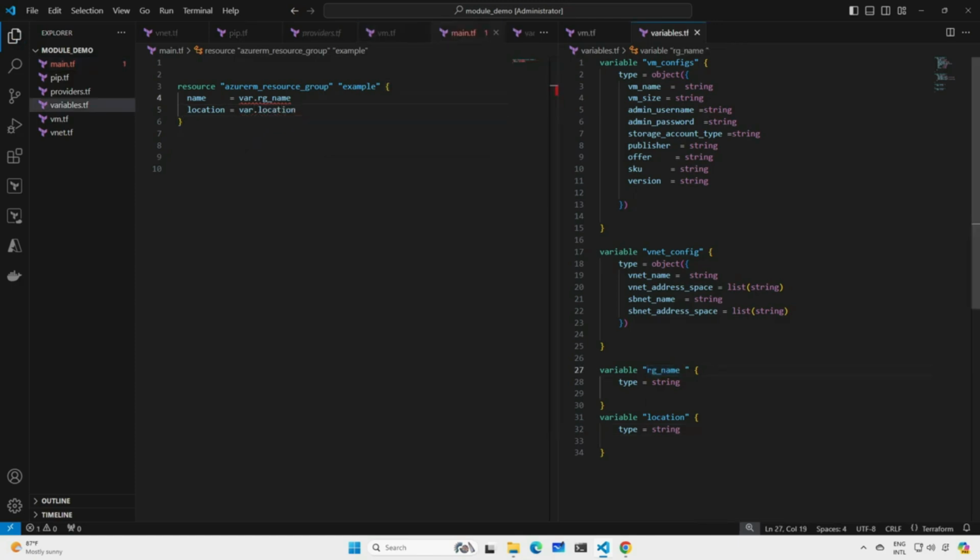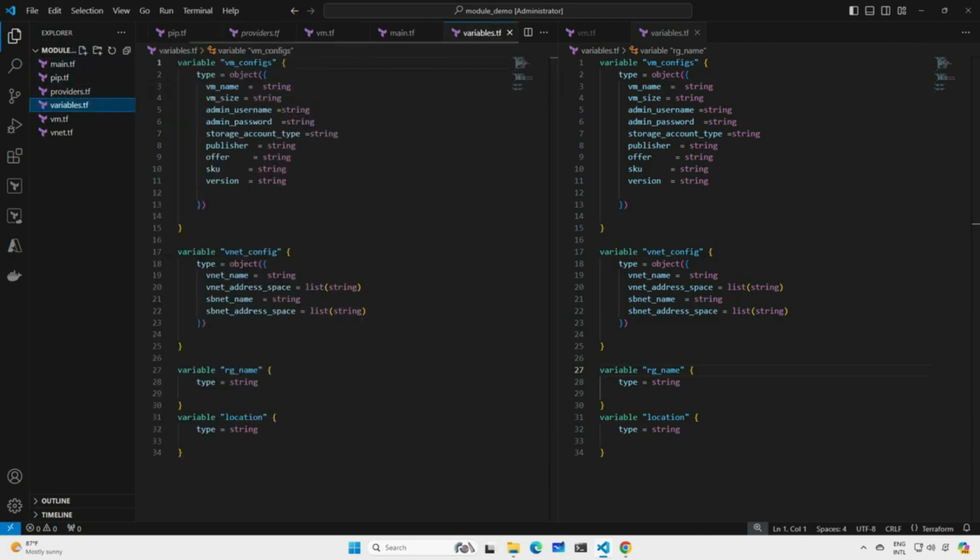So we have created var.rg_name. So what is our next step? As we have discussed in our module part, we are only going to mention the resource block with variable, then providers, but we are not going to hard code any values, which we have achieved. But to check whether this module is up to the mark or not, what we have to do is create a dedicated folder inside this module. I'll say this,